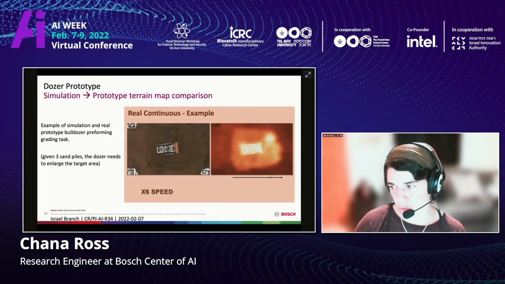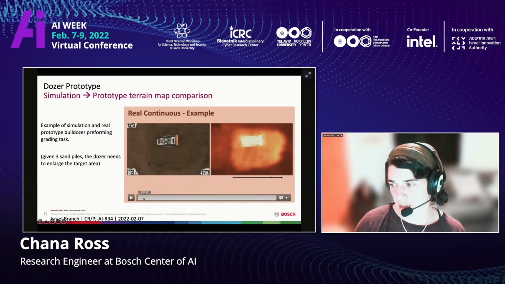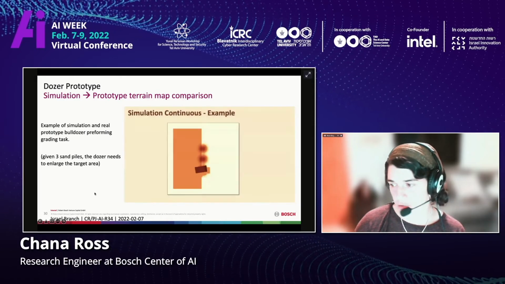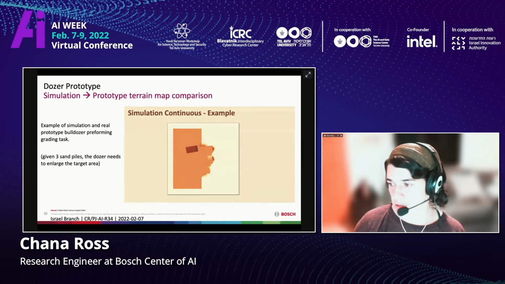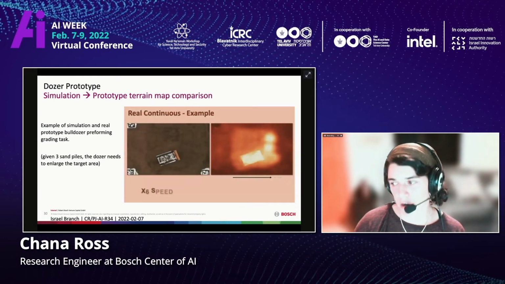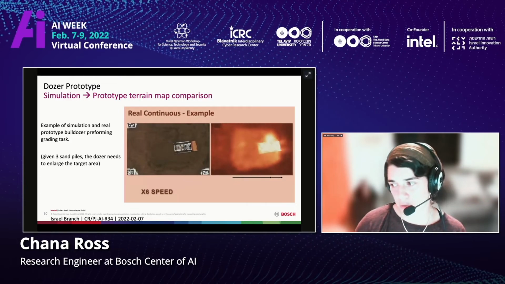So the bulldozer is performing the SNP algorithm. On the left is the RGB, and on the right is the depth image. I'll show that again, just in case somebody missed it. And we could see that they're very similar. So this gave us faith that our simulation was working well and mimicked enough of the reality in order to